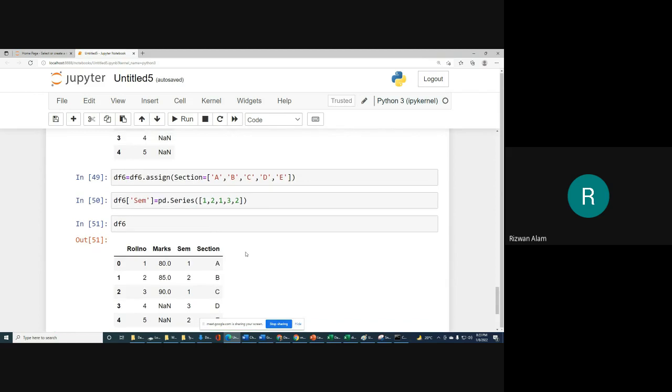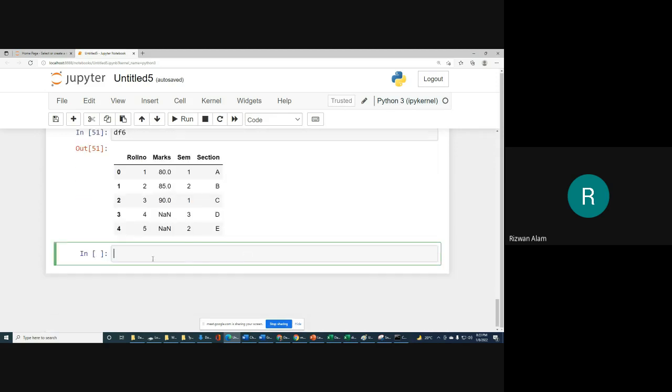So I hope you are able to add a new column for percentage. Simply we will write df6, and for that we will use pd dot Series. Did you use the assign function or series? Series, that's fine. In series we will assign a percentage to each roll number.